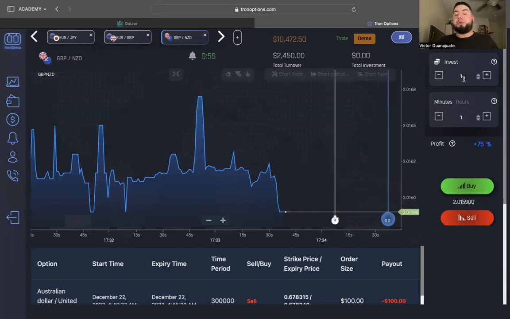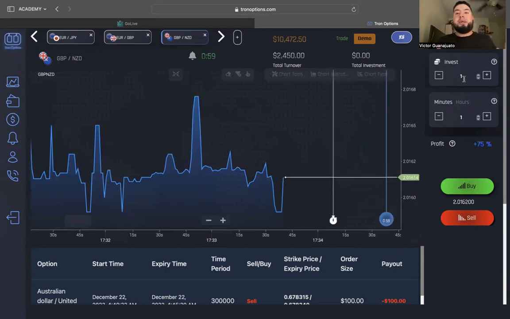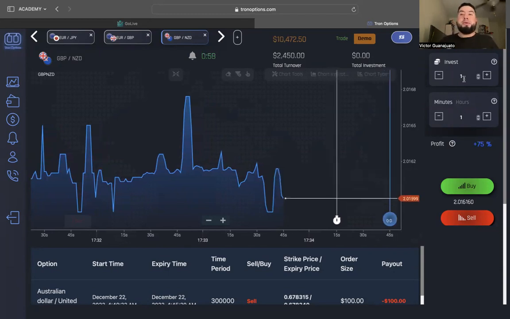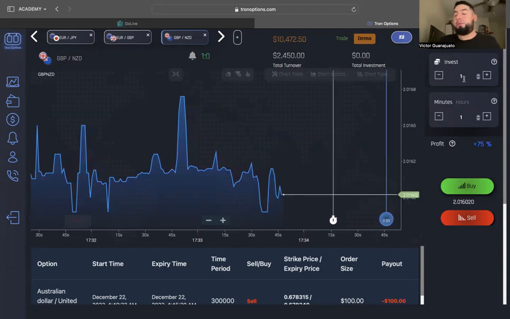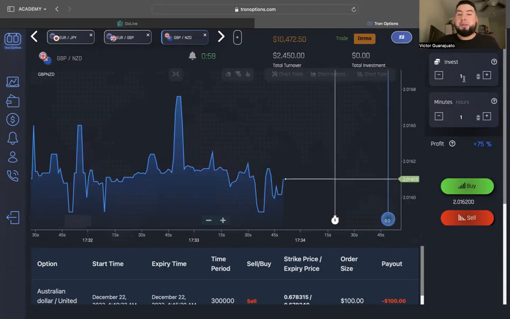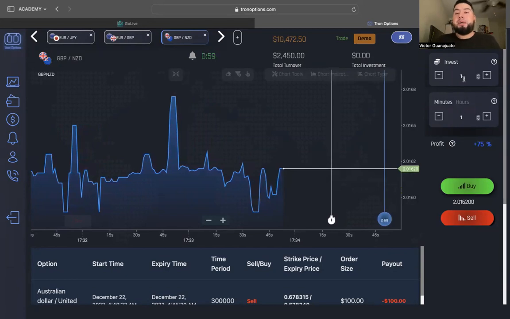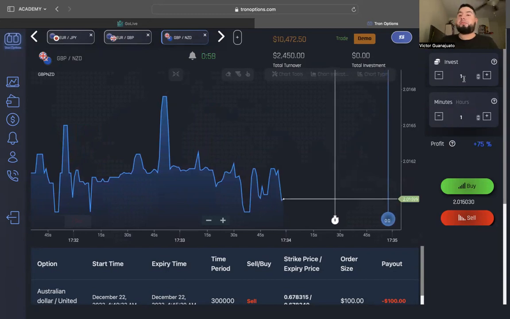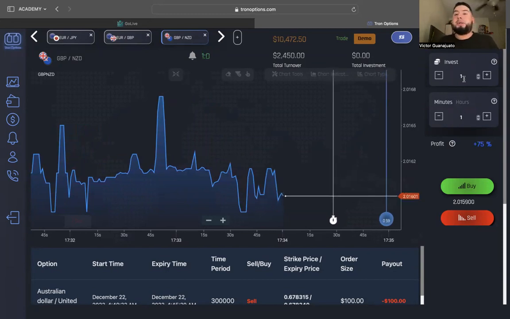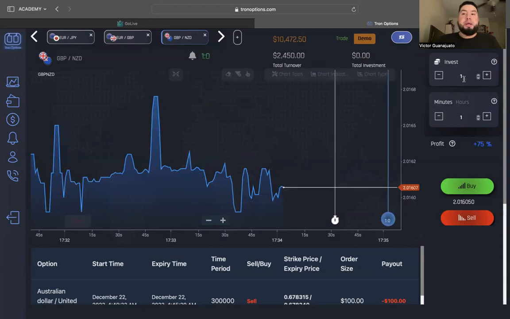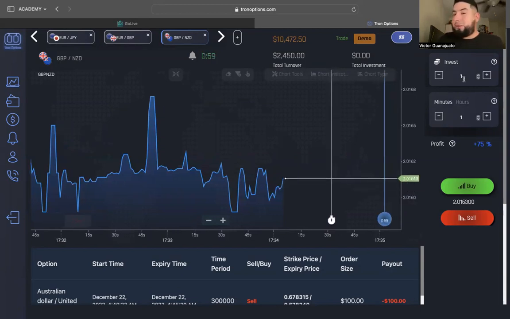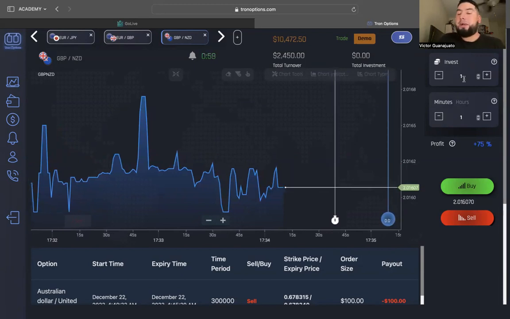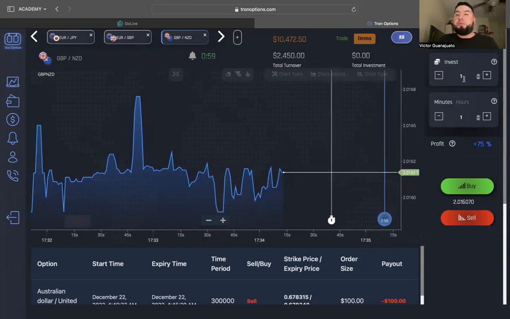Like if I have $100 in my account, instead of me trading 10%, which would be $10, I will start with either $5 or even $3, which is 3%. So always to start, try and start trading 3% to 5%. And even 5% is still a little high. So if you have $200, then instead of trading $20 in your operation, which is 10%, try and do at least 5, which is 2.5%, or even 3%, which would be around